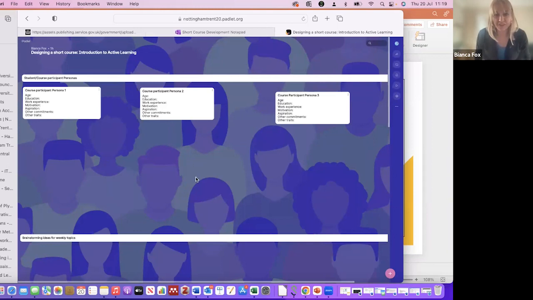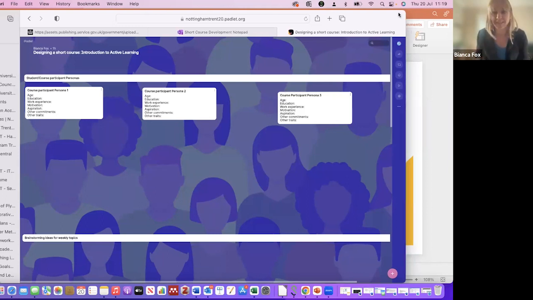And then I've got a few other activities for us that hopefully will guide us through the process of creating a short course. And if we manage to at least come up with an outline for our short course in active learning techniques, then maybe we could develop this further and have it available on the website. So what we do today is not just for the purpose of this workshop, but I'm hoping that this will act as a starting point in creating a new resource that could be used on the website and can be shared with colleagues that are new to active learning.